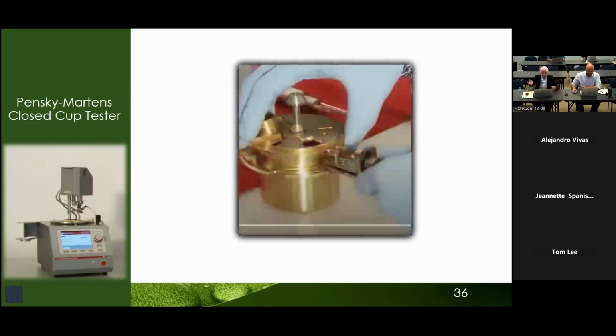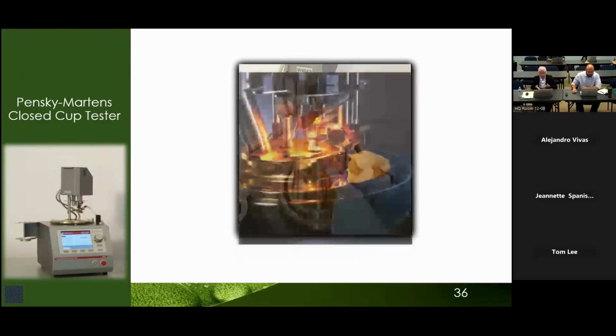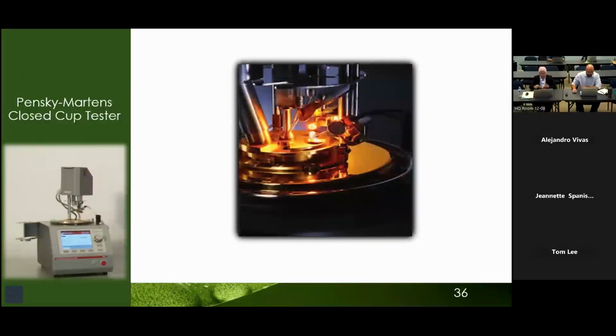After that, the lid goes over the cup, which holds the sample in it. Then this closed cup goes in the main setup to run the procedure. A small flame is introduced through an opening in the lid to test for ignition. So the sample is gradually heated at specific intervals, and we finally record the reading when it reaches its flash point.